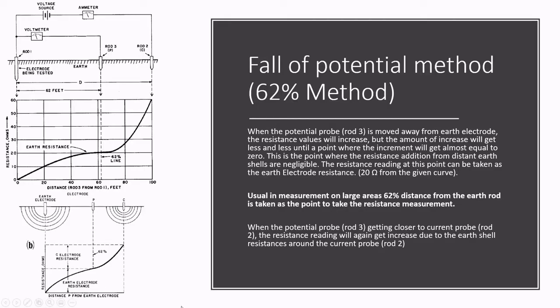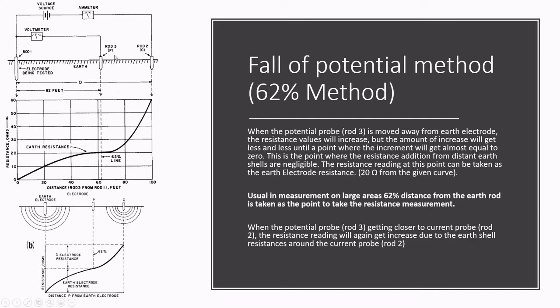Now we are going to talk about fall of potential method. This method also uses the same principles we learned in our Wenner method on earth resistivity studies. So in here also the rod 1 and rod 2 will flow a current through earth, and there will be a potential drop between our earth rod and the potential probe. The current and the voltage is measured by the instrument, and it will give us the resistance value of the